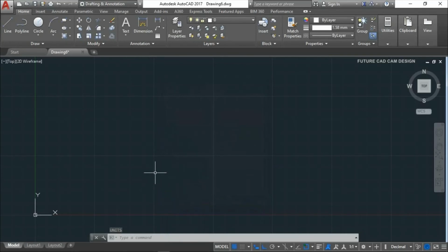Next thing is you need to fix your page size. For example, if a mechanical student is making a diagram, an A2 or A3 sheet is enough for him. For example, if an architect or civil student is making a big plan of a house or anything, then he needs more size. A1 sheet, A2 sheet, like that he needs. So based upon our requirement, we need to fix the page size.